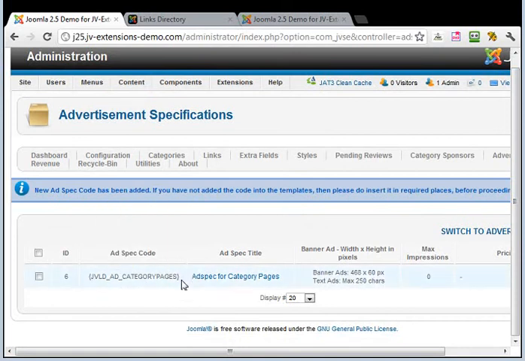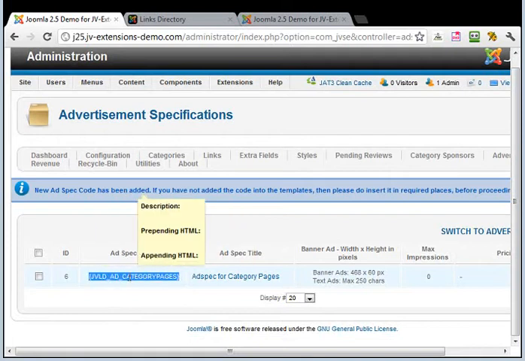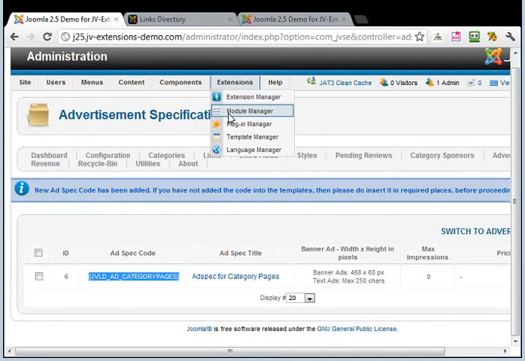Now the next step towards adding the advertisement is to copy this particular ad spec code, and since we want the advertisement to appear in all the category pages, we'll have to go to the style template files in JVLD, identify the template file which renders the category pages, and then place this code wherever you would like in those category pages.